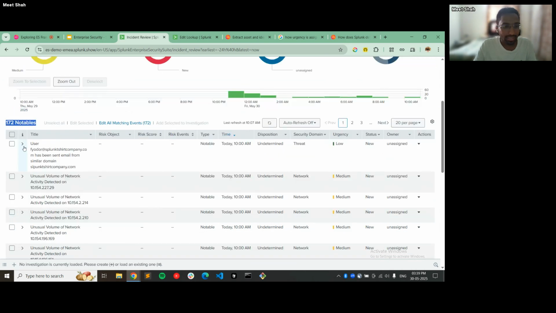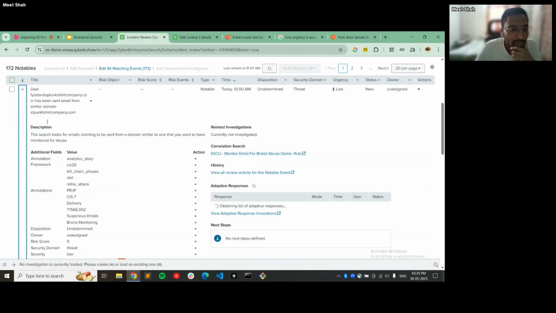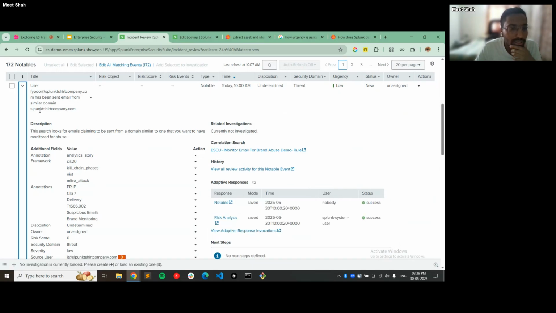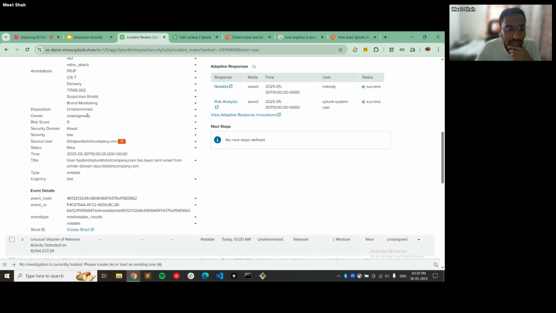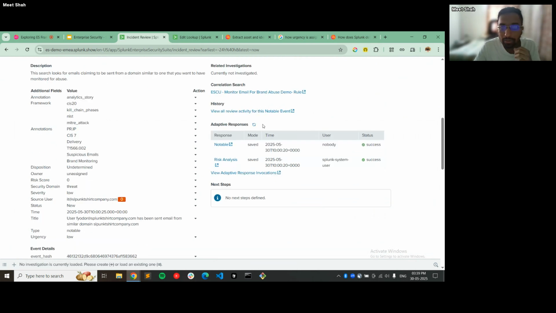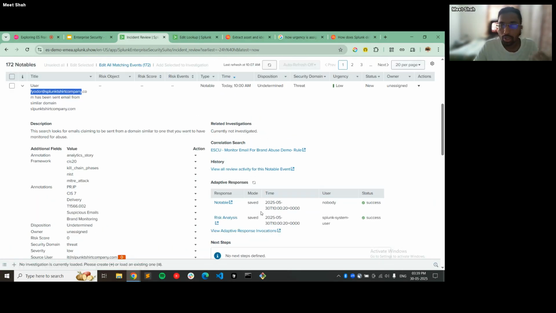And you will see some additional information if you just click over here. So I can see there is a notable called user blah blah blah has been sent an email from a similar domain, Splunk t-shirt company.com. Now whatever additional information is available for that email will be popped up over here. If there is any risk score assigned to that user, it will also pop up over here. And if there are some predefined actions that ES already took or should be taken, both will be noted over